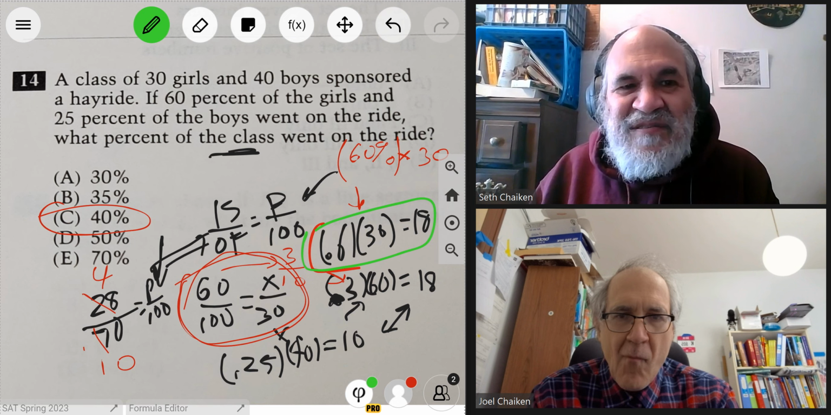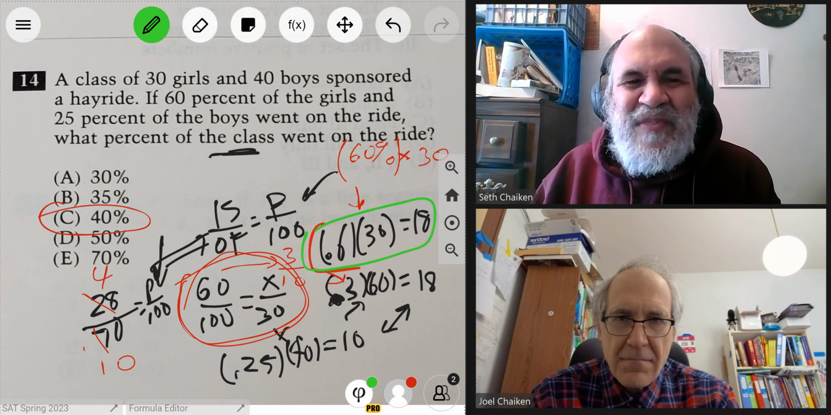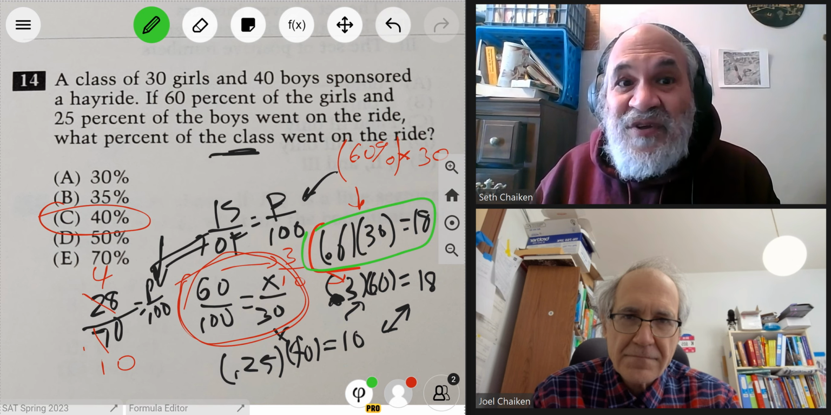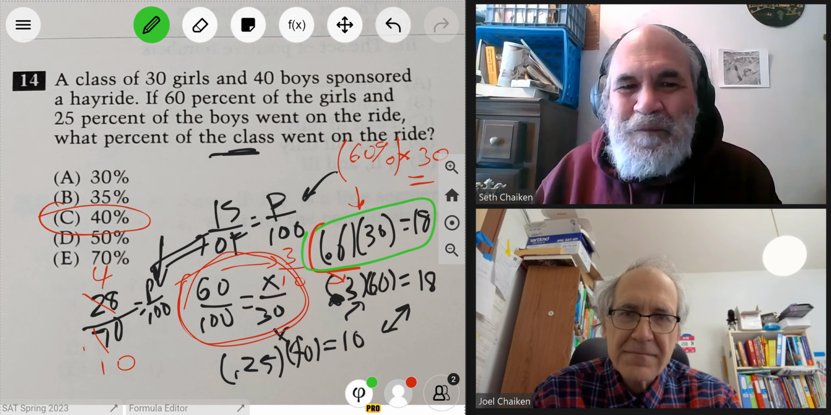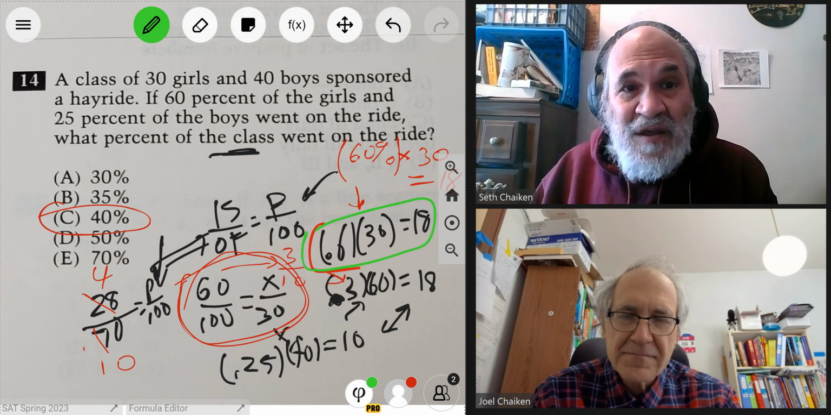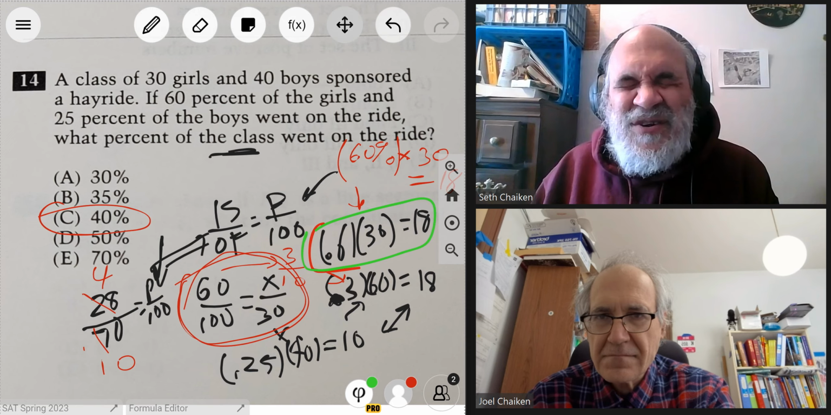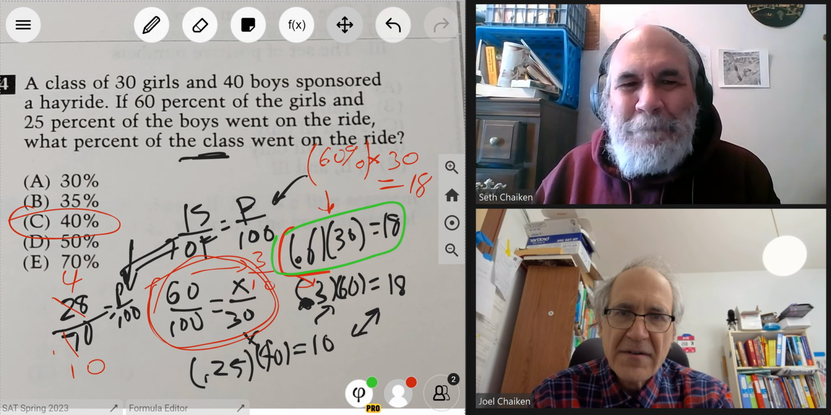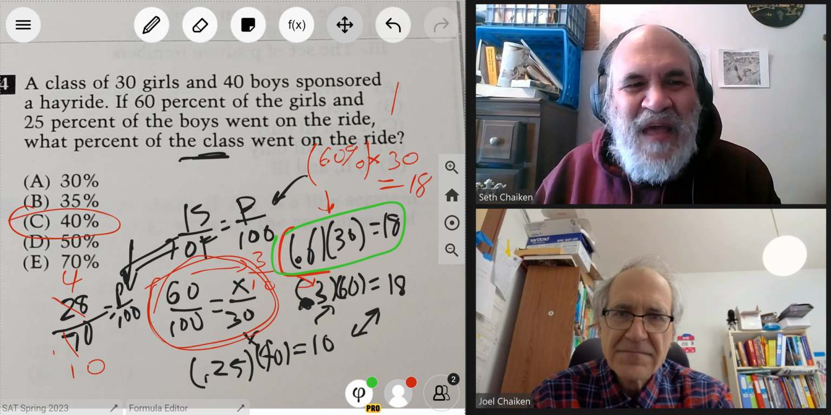So what is it? It's 6 times 3 is 18. And is it 1.8? Is it 18 or 180? Well, it's clearly 18, because it's a fraction of the girls, a bit more than a half. Right. Bingo, 18. And then you do